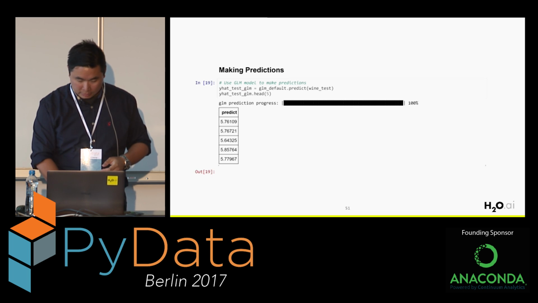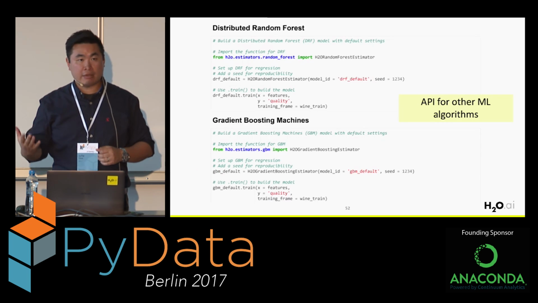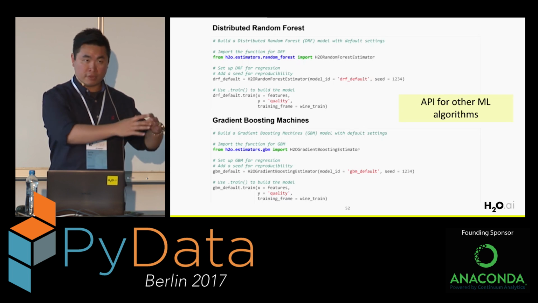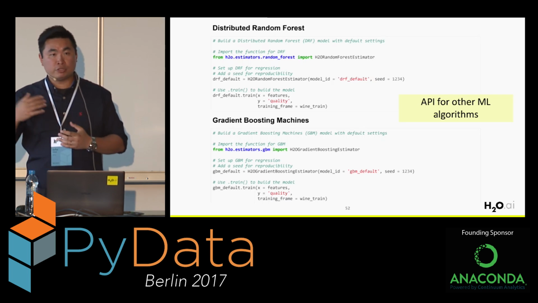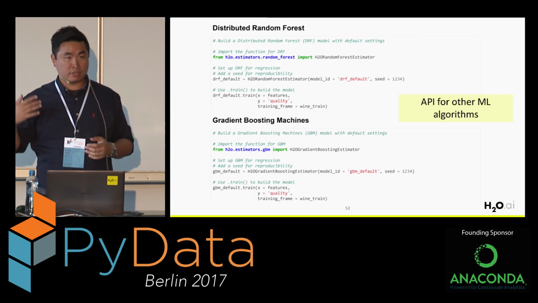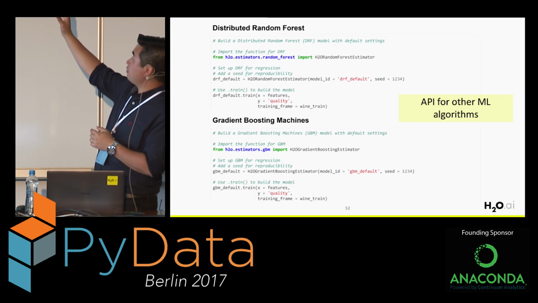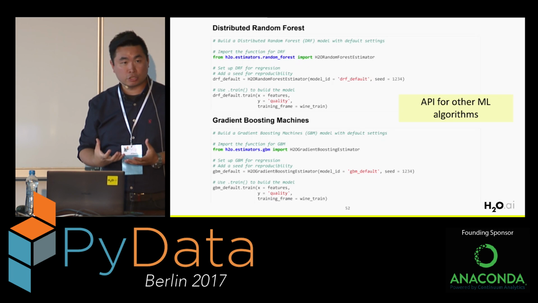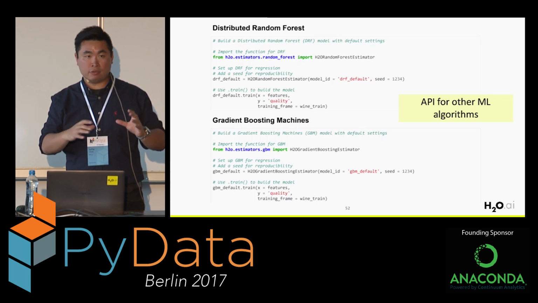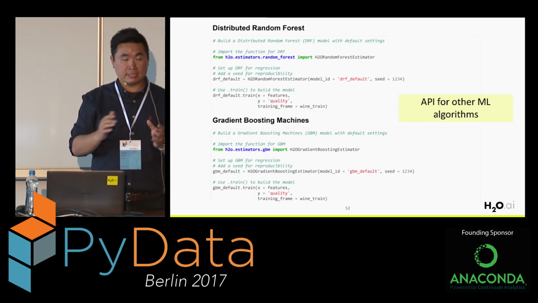Okay. So the next two slides, I'm just going to show you the API for different algorithms. It's the same kind of theory, using the same data set, the training data set of 80% data, but we're using different algorithms. The first one here on top is the random forest. We call it DRF because it's a distributed random forest. So you can see the API there. Again, you have to import the function from H2O. You set up the model. And then the final bit is the same. You just point it to the X, which is the features, the Y, the response or the target, and the data frame.